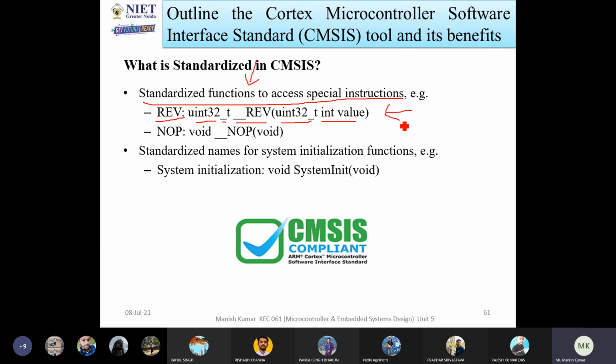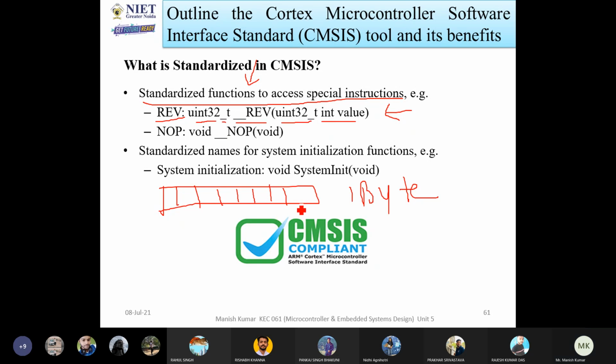Reverse of byte order means, let us consider 1 byte of data. In 1 byte of data, how many bits are there? In 1 byte of data, there are 8 bits. So if you want to reverse it, it means that the order will be changed.